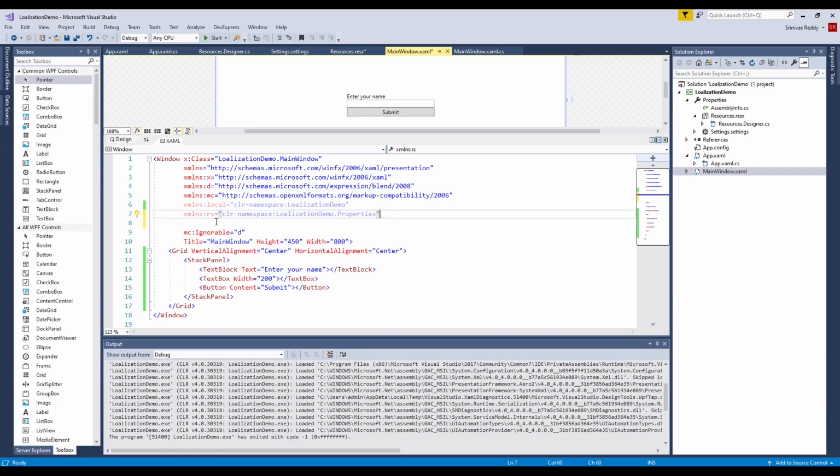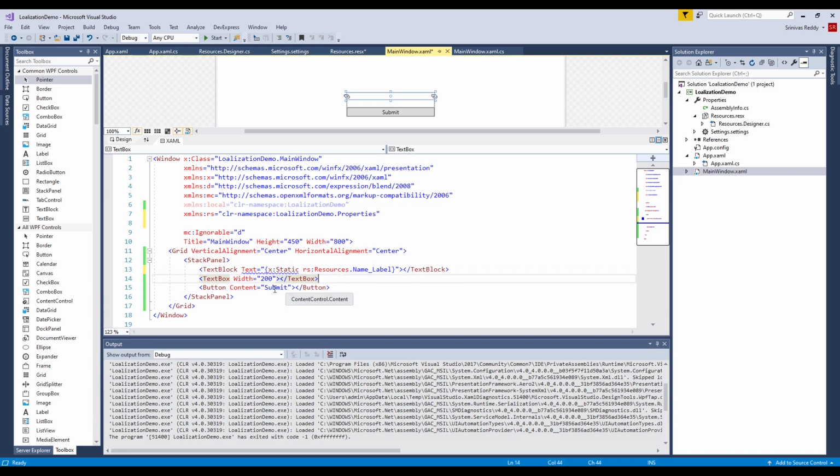Okay, so once you have the namespace here, you can use that namespace and set the values like this: x:Static, rs:Resources.name_label. So the first label's corresponding content we have as name underscore label.